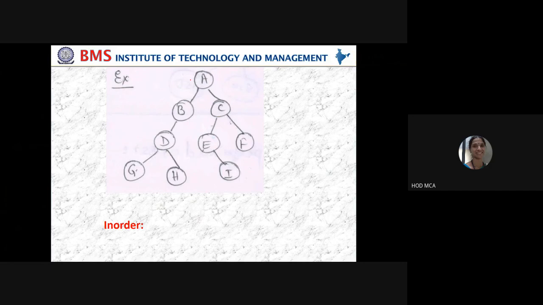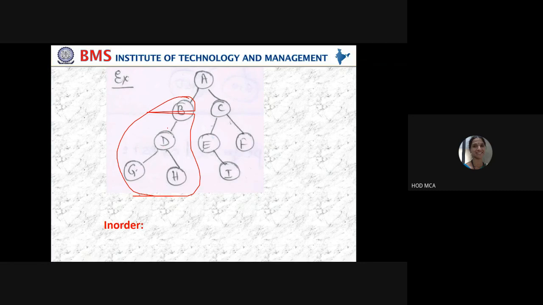In order is left, root, and right. So first I should start with my left subtree. Again, recursively we have to do this. Left, then I will come to root, then I will come to my right. So when I start at my left, again first I should look into it recursively. So again, left, root, and then right.